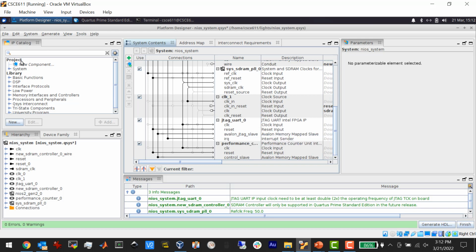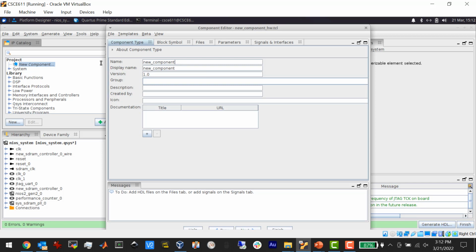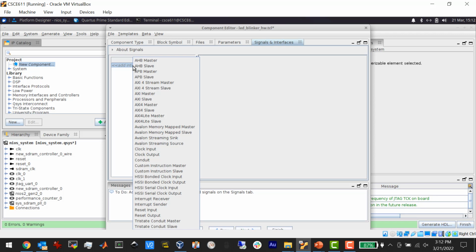So to do that, you just double-click on New Component here, and I'm going to call it LED Blinker. That's the name and the display name. And then I'll go over here to Signals and Interfaces. And so this is pretty easy to set up, actually. It's just a little, the user interface is a little wonky, but